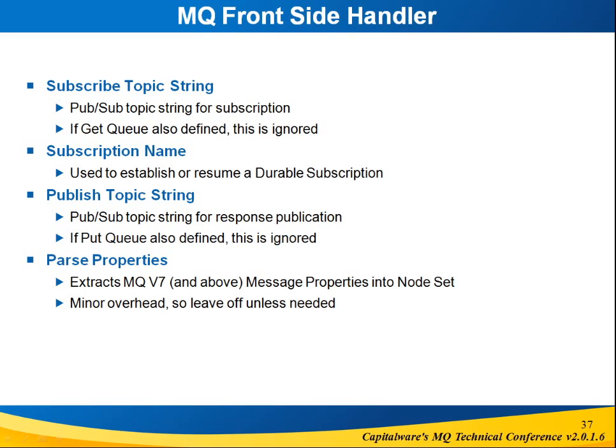Parse properties. This option allows you to extract the properties from the message header, that is the RFH2 header, and put them into a node set that can then be interrogated later in your request rule if you so desire. In other words, it makes the properties available to you as name value pairs that are easily retrievable and easily used without the necessity of traversing through the header to find them. There is a minor overhead in parsing, especially if you have a lot of properties, so it's advised to leave it off